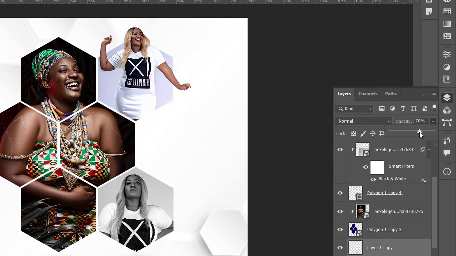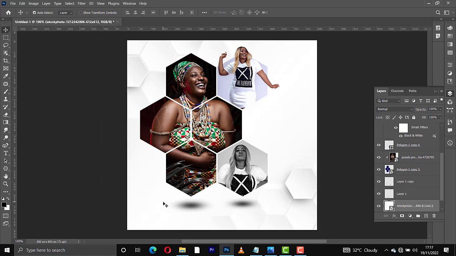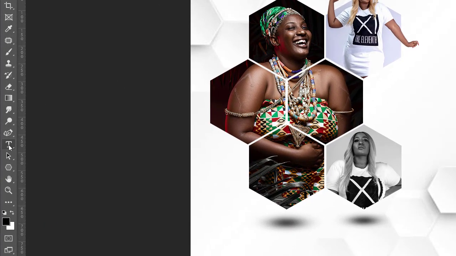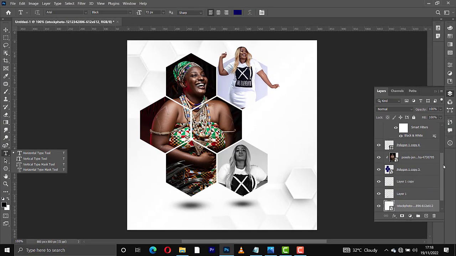So reduce the opacity. Let us reduce the opacity for our shadows more so that it will be more realistic. Now from here, I guess we need to do something. We need to add our text. So I'll add the name of the